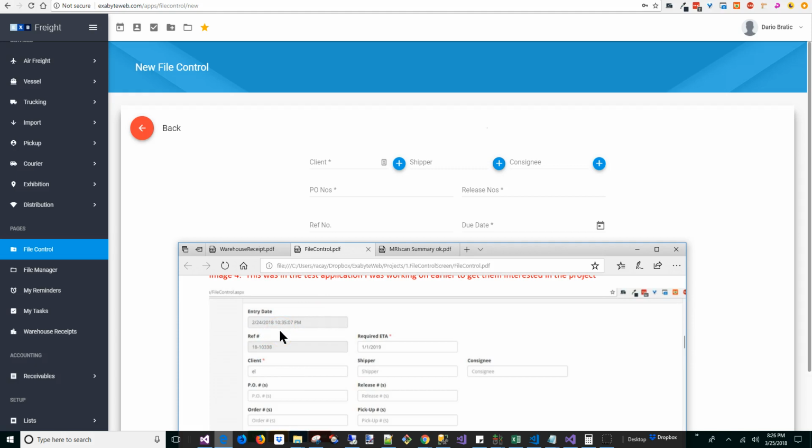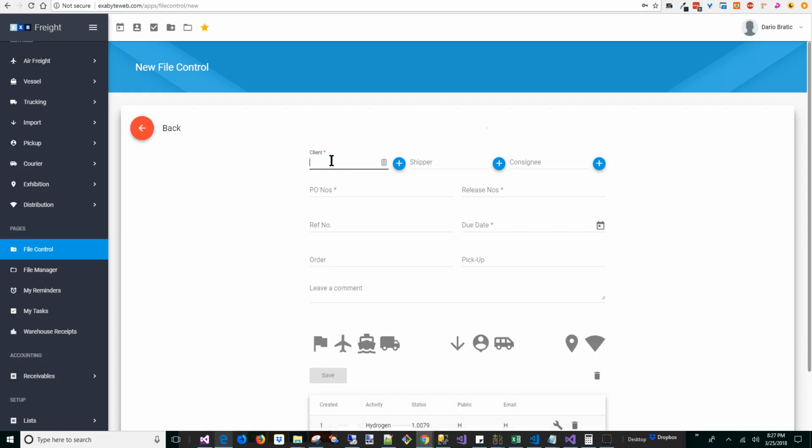Again, it could be a training issue for the customer, so we're going to find out. But do something so that at least the screen looks like it used to: entry date, reference number, required ETA. Now, this particular one here is my fault because I put that there, but they want it on 3 separate lines. But what I didn't tell you is that when they do a search for these clients, and you start doing a search, let's say if I type in